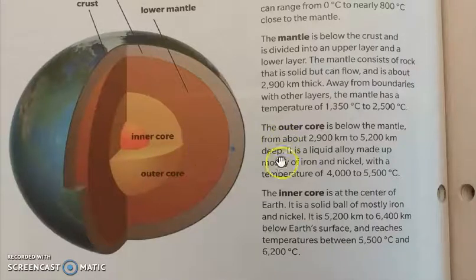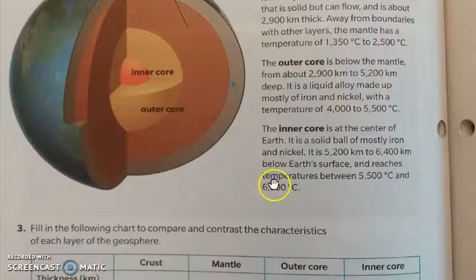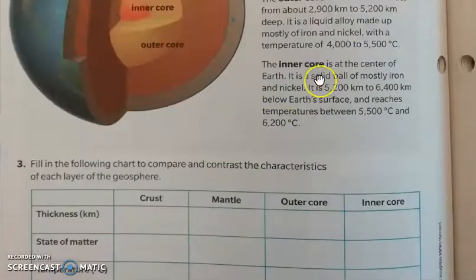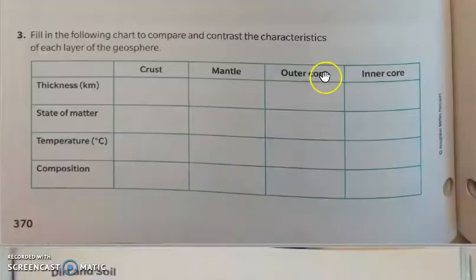You can think about the oobleck that we made, and when you put pressure on it, it made it solid, remember? So since there's so much pressure on this middle part, it stays solid even though it's extremely hot, okay? So you're going to use the information that we just learned from up here to do this part here, do number 3. So you're going to fill in the following chart to compare and contrast the characteristics of each layer